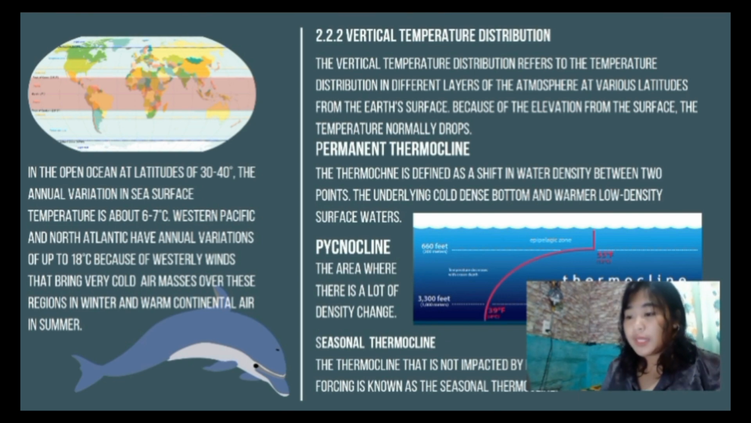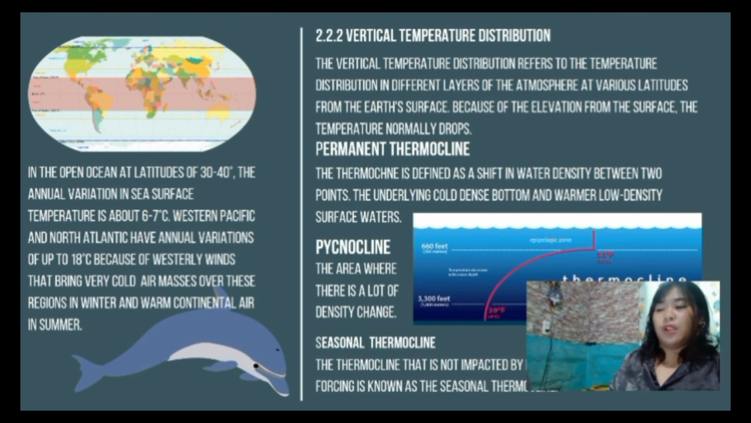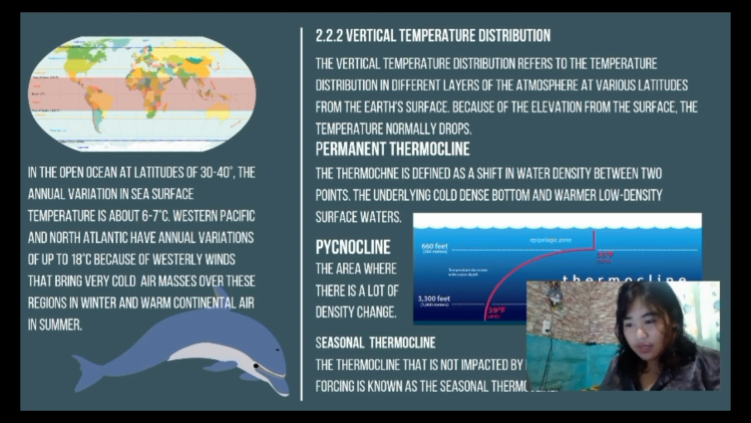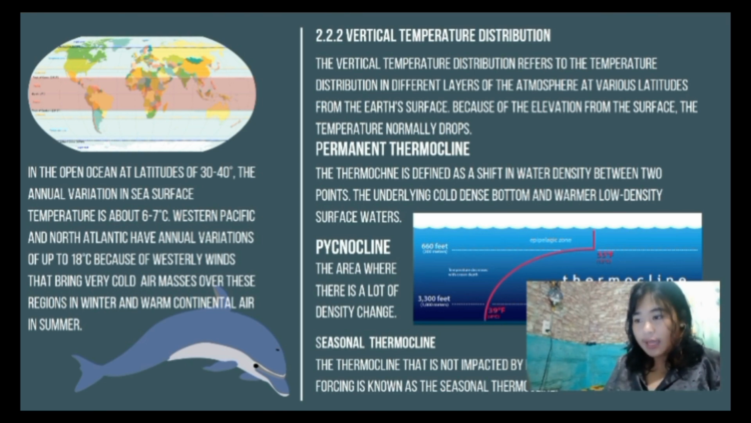The region of rapid density changes is known as the pycnocline, and it acts as a barrier to vertical water circulation. It also affects the distribution of certain chemicals which play a role in the biology of the seas. As you can see there, that is the pycnocline. And here is the permanent